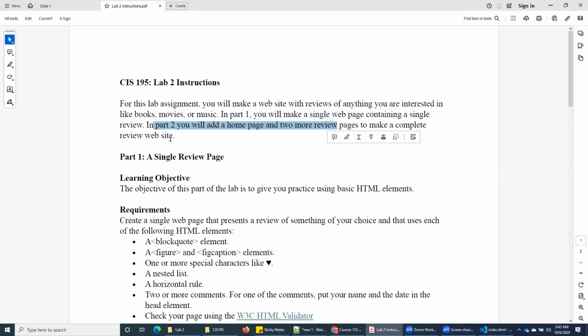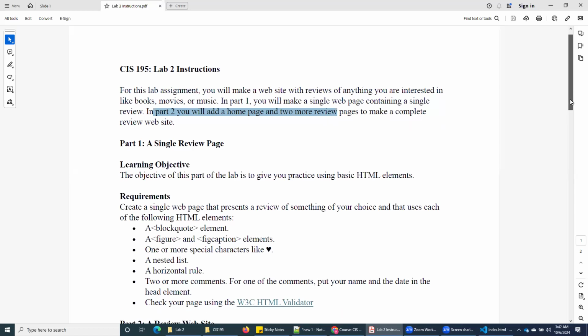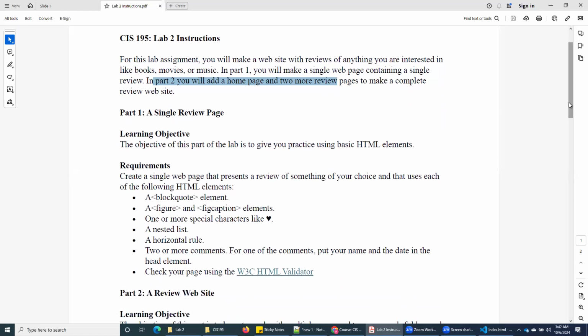You could be reviewing games if you want to, video games. You could be reviewing websites. You could review articles on websites. I really don't care what it is you're reviewing. I just basically want you to make sure that what you create on the page, that the text that you write makes sense, and that you include in part one for that single review page, you include these elements: a